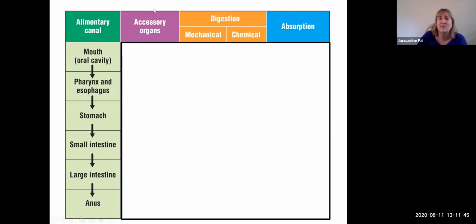So thank you very much. I know the digestive system is another one of those difficult organ systems because there's so many moving parts, but I also know that you can do this. And I'll see